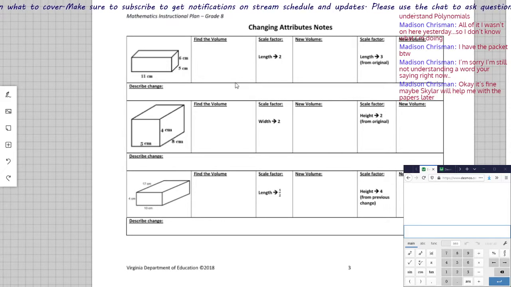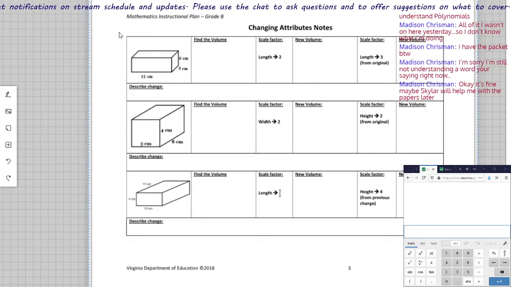Okay. So as you are changing the attributes, we're going to see how it affects the volume. So if we were to find the volume of this rectangular prism right off the bat, volume for a rectangular prism,